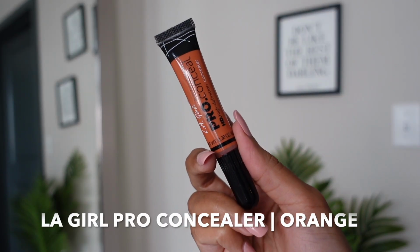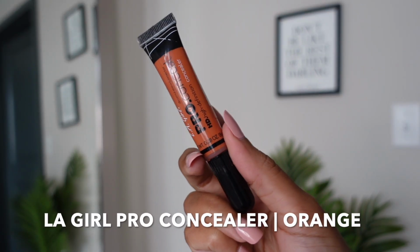Okay, so we zoomed out just a little bit. The next thing I'm gonna go ahead and do is color correct. I always color correct before I put on my foundation. I honestly don't have a lot of dark spots on my face. My skin is giving very much clear, okay? But I just feel like around your mouth, and then I have a little one right there, you can put just a little bit of orange concealer on top, and that will help mute everything out. So I always do a little bit in the corners of my mouth,